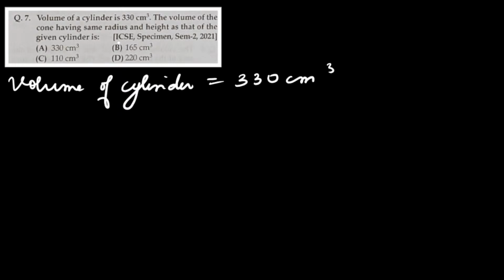The volume of cone having same radius and height as that of the given cylinder. So you people only tell me. Volume of cone we have to find. Radius and height of this one is same. Area of rectangle is equals to,